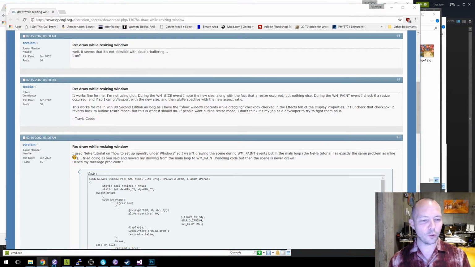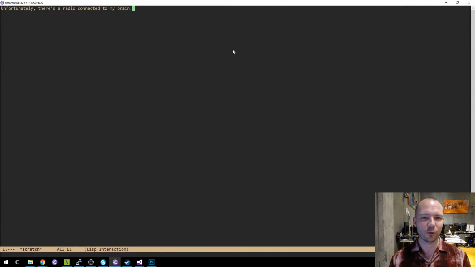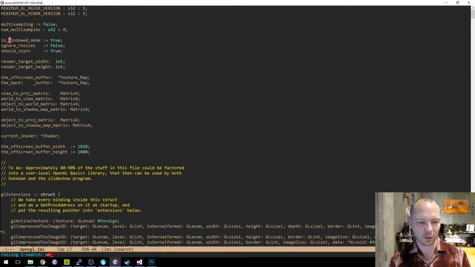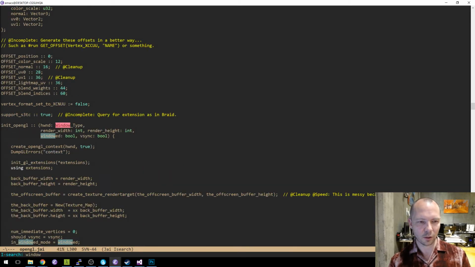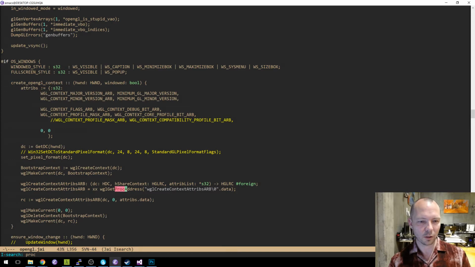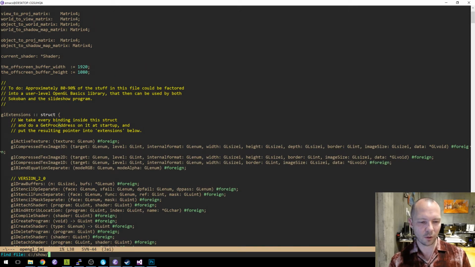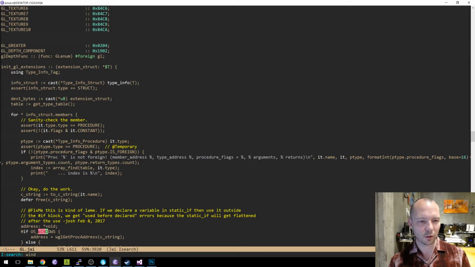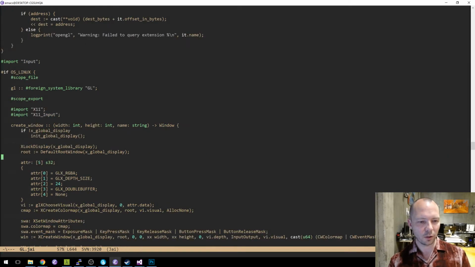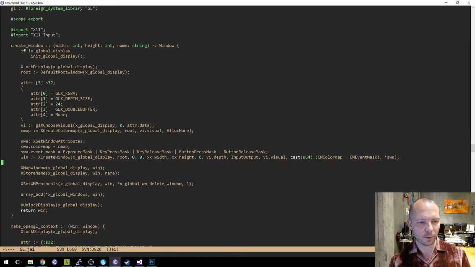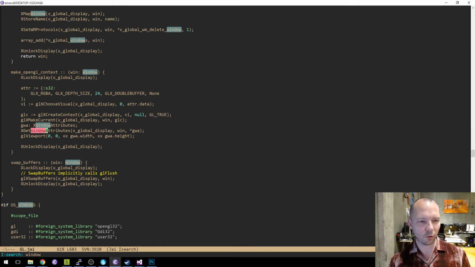So I'll open a new Emacs to show you what I do. Wait, it's in. Maybe it's just in here. No, it's in, I use the generic one. So I create window. No, not that create window. I want the Windows create window.